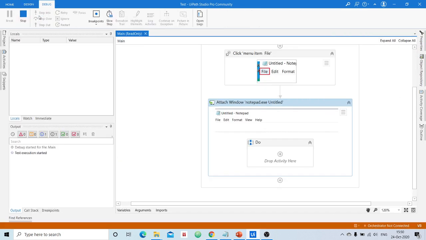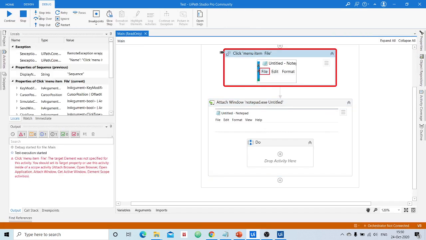Now we shall see what happens. See here, it is telling that the target element was not specified for this activity. So from this you can understand that attach window activity is one of the activities which is used by the RPA developer to indicate which particular application the robot has to choose in order to carry out the task.